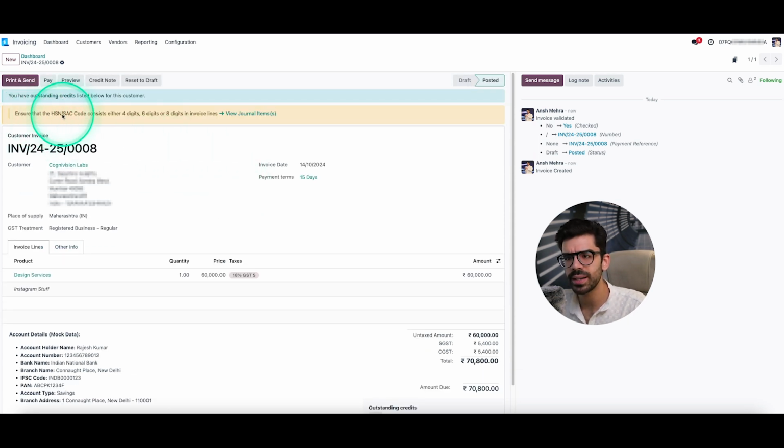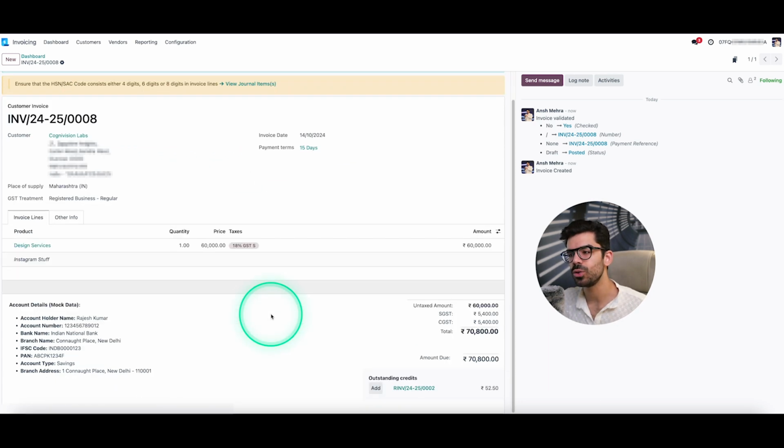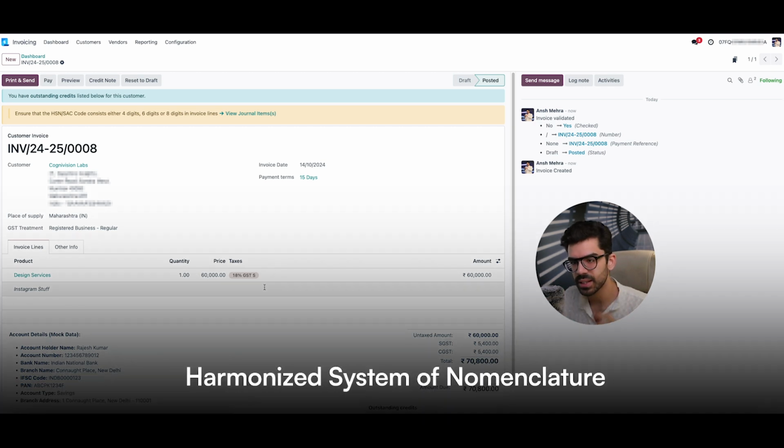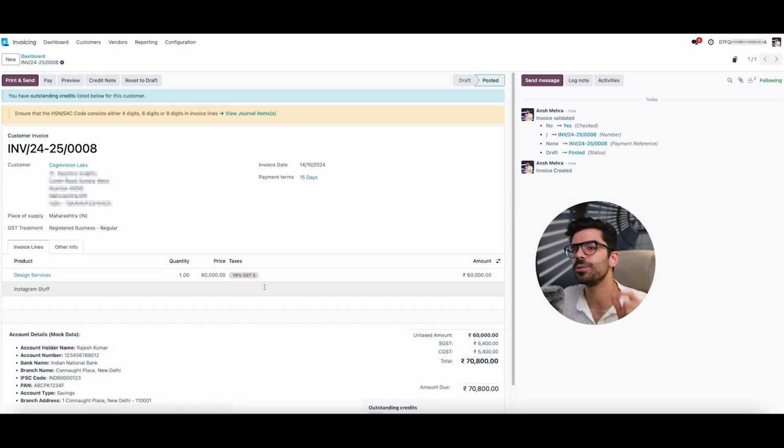Now, can you see this code right here? It says to ensure that the HSN or SAC code consists of 4 digits. This basically happens when you are running a specific service or a specific product selling company. This is important for people who are selling very specific product codes under the GST taxation. I won't get into it, but the logic here is that this HSN stands for a standard nomenclature. So they've basically given specific names to specific categories of services, because it's not like you can just randomly create a service on your own and randomly say that it comes under education or this comes under healthcare, right? So they have specifically said that if these are the 5-6 things that you're trying to do, you have to put this under a specific HSN code, under a specific nomenclature.